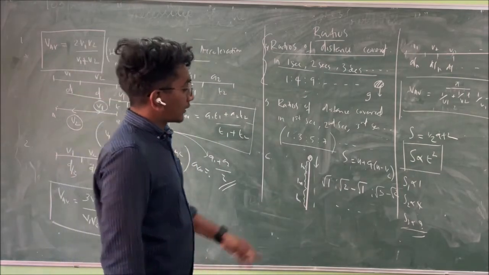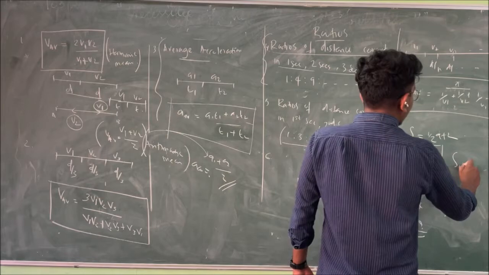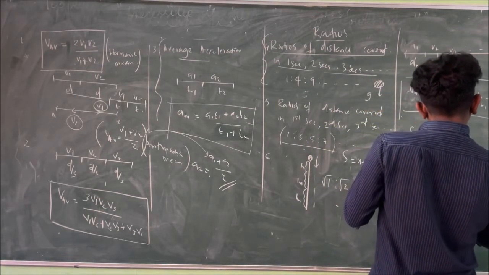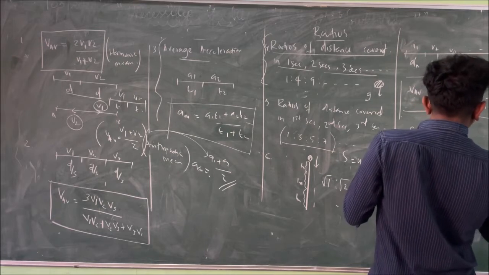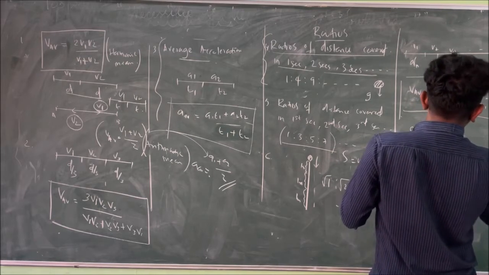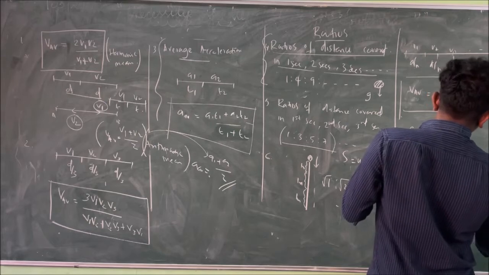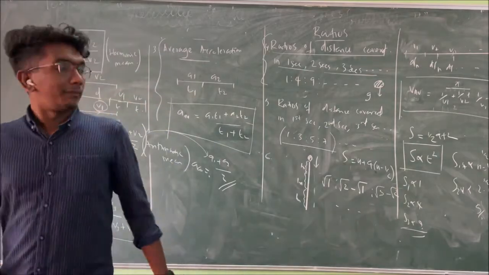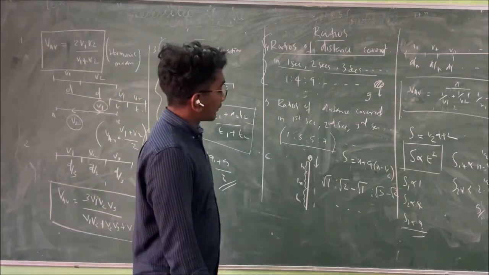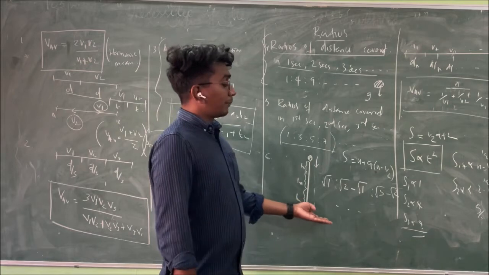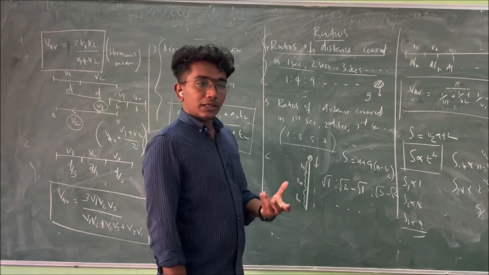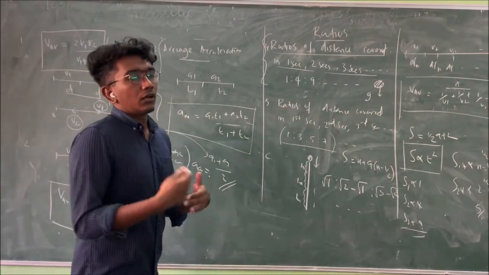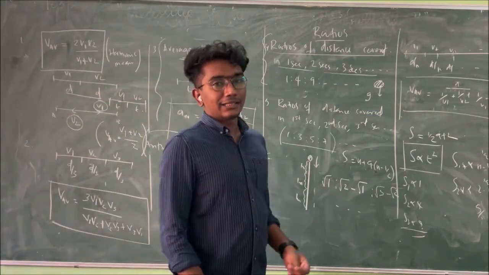You got it? Okay, so S first is proportional to n minus half, S second is proportional to 2 minus half. This is 1 by 2, 3 by 2, 5 by 2, 7 by 2, it will come like that. So when you take the ratio, then it will be 1 is to 3 is to 5 is to 7. So next step, this is a little bit more important because sometimes you will find it difficult to catch it. But the ratio is very easy, you can easily understand it.